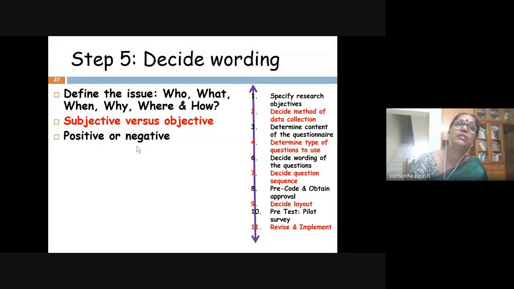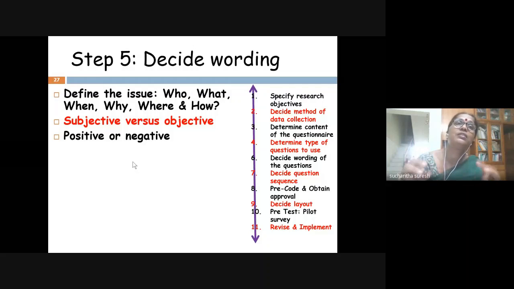Suppose it is a positive question, when you give the questionnaire, if it is strongly agree, they just tick strongly agree and give it back. In that, some questions may be in the negative, reverse order, maybe the reason for that. Negatively worded means